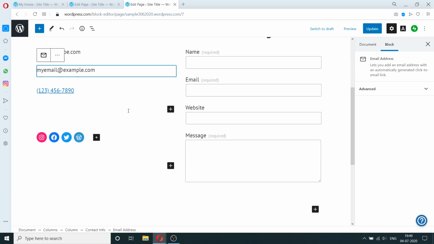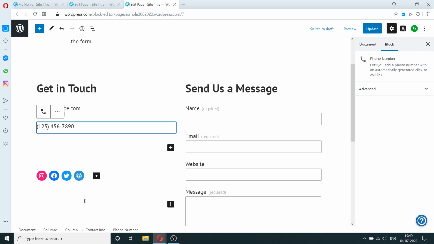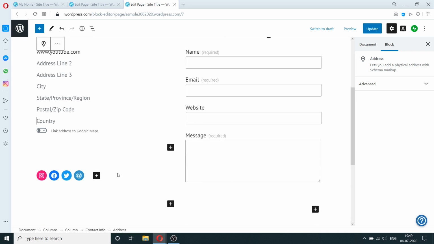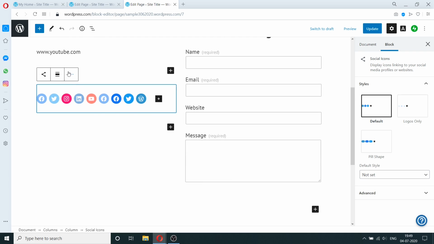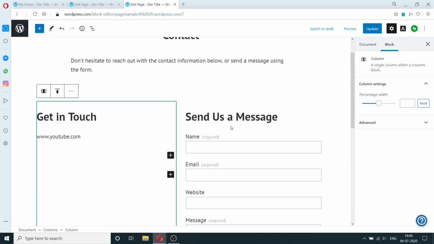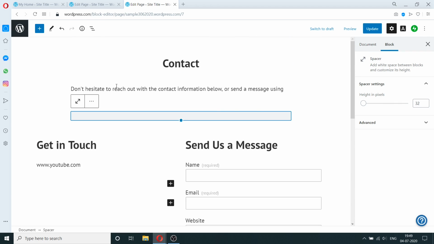And I'm going to remove some of these. I'm going to try to keep things simple here. And I'm going to leave this form just like this.